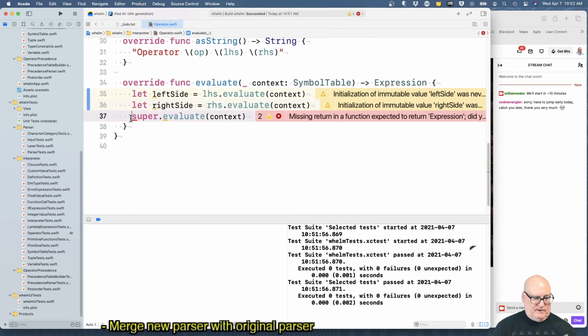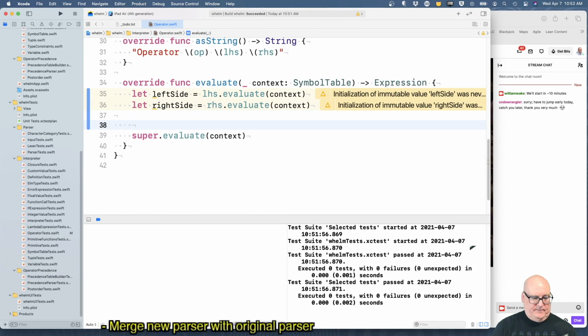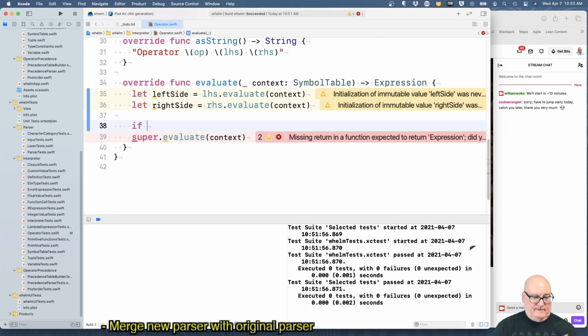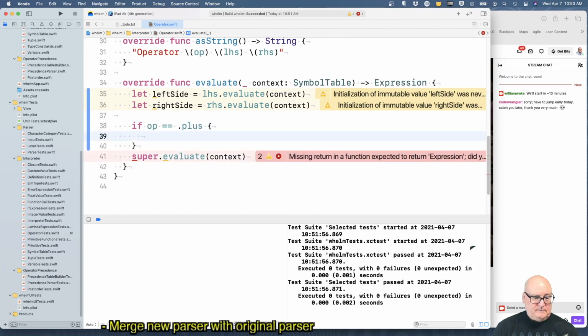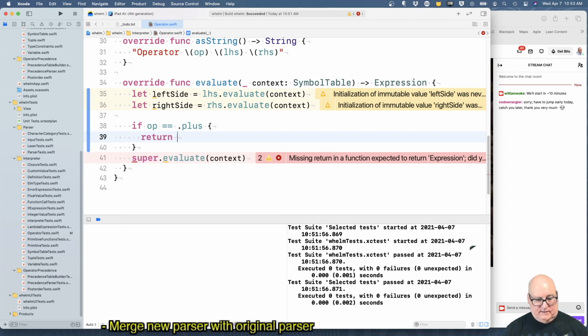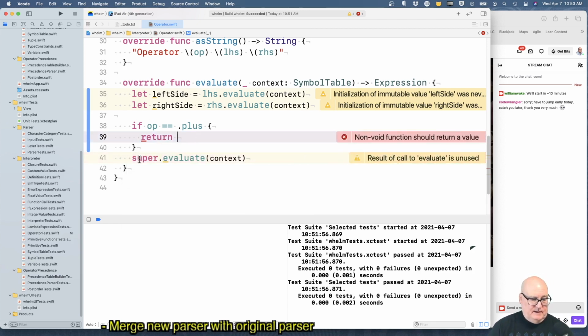And then the operator, if op equals plus, return, well, what do we have to do this?